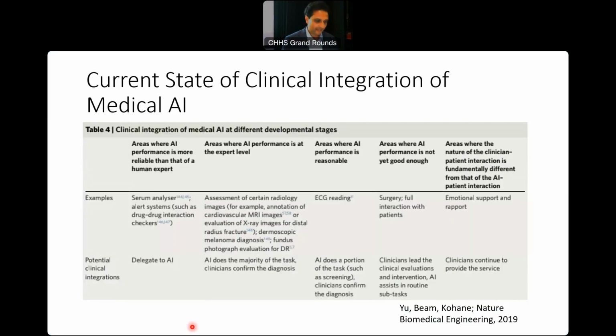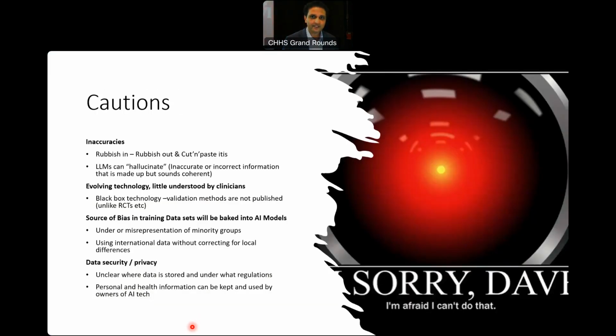So we're just nearly at the end of the meeting. So I've just got two more slides. Just one about cautionary tales with AI. So it's a new technology, it's advancing fast. There's obviously all sorts of pushes to integrate AI into our work, but we just need to understand exactly what we're doing and why. Just be careful that there are inaccuracies that AI can introduce. So rubbish in, rubbish out.